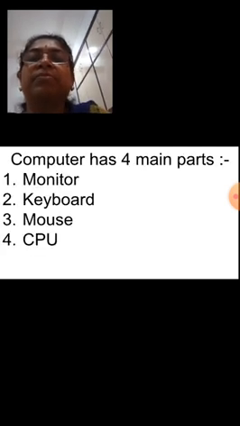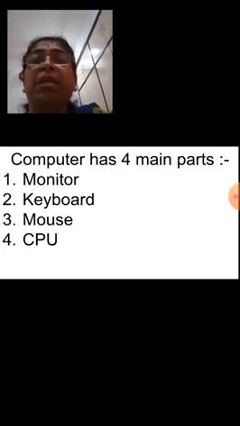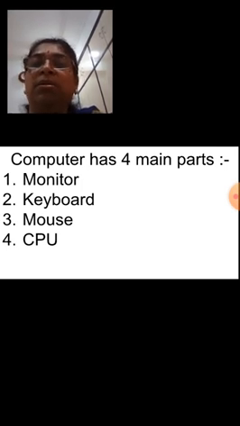Those are called output devices. That also we are going to learn in the course. Now, first we will see which are the four main parts of a computer. These main parts are monitor, keyboard, mouse and CPU.